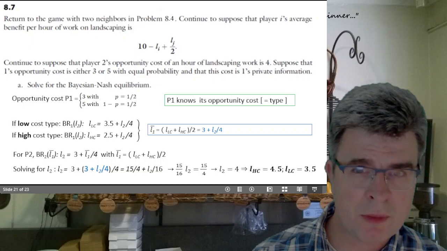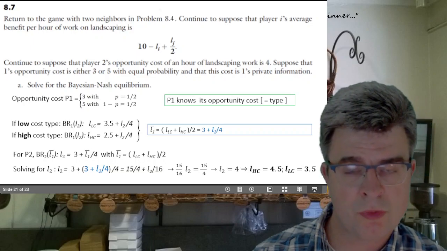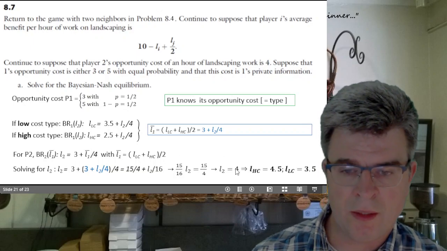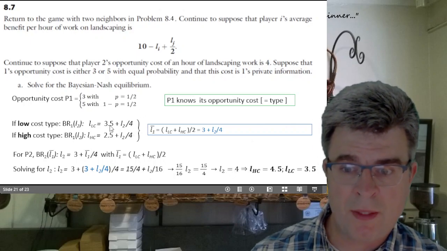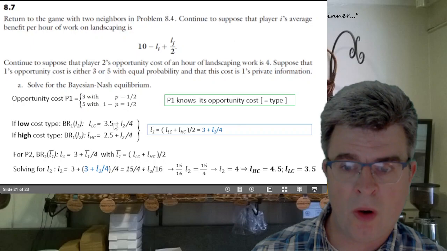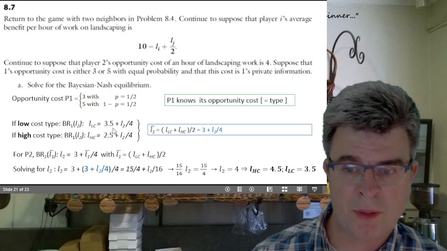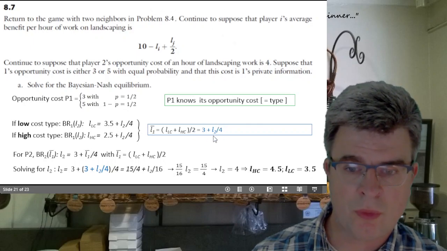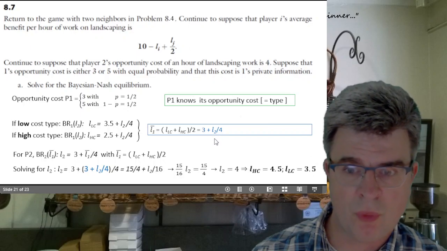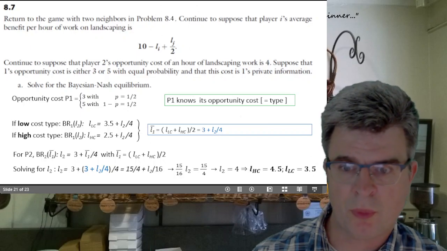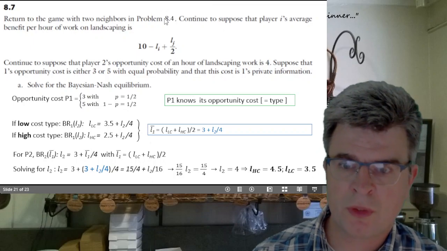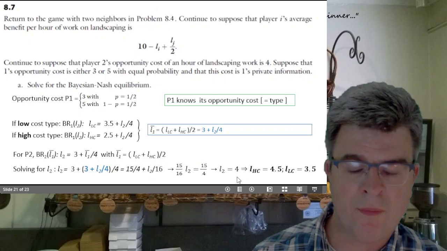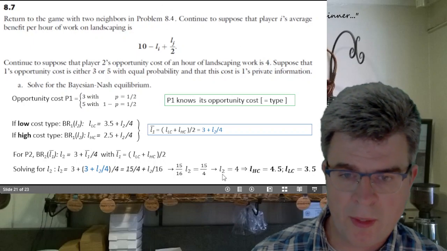And in fact, this is the same as in exercise 8.4, where we also found equilibrium effort levels of 4. And this is, in this case, just because the average best response function of the low cost and the high cost neighbor, if you weigh them with a probability of 1/2 each, is exactly identical to the thing that we had before in exercise 8.4. So it's a little bit by coincidence. If you would take the weights other than 1/2, you would also get a different outcome level than 4 over here. But okay, given